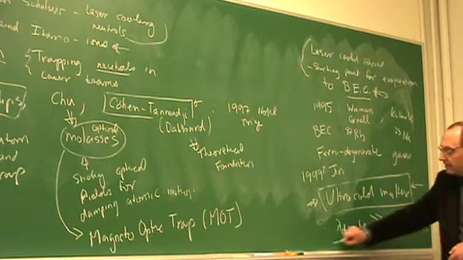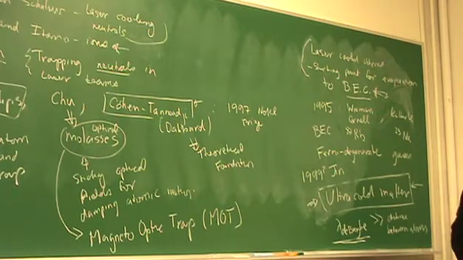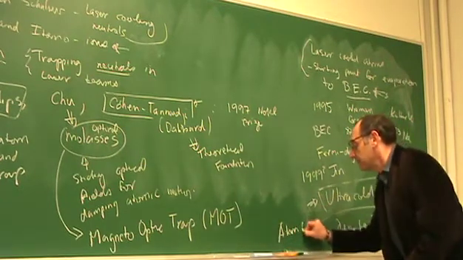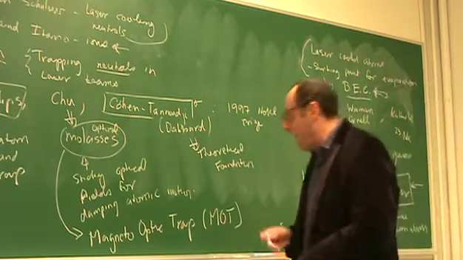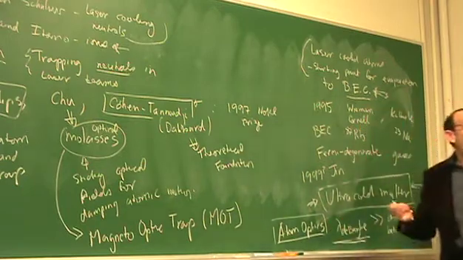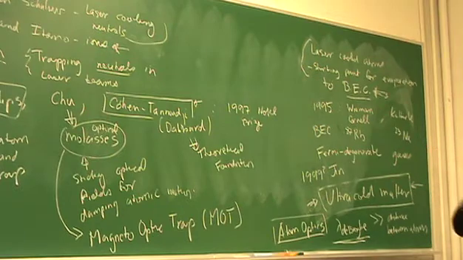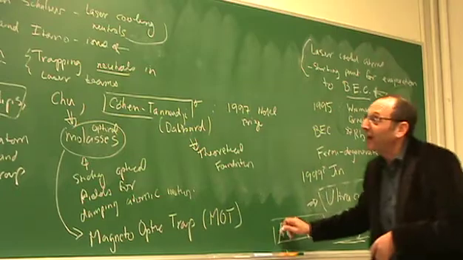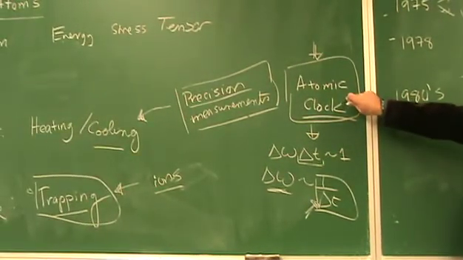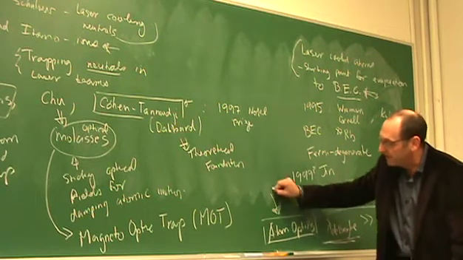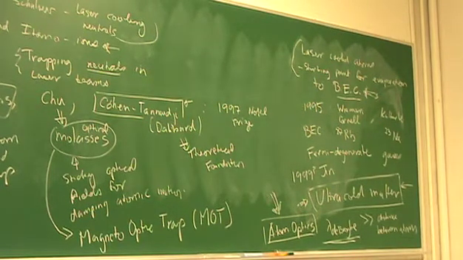So the wave nature of the whole atom becomes important, and this leads to yet another field of study, and that's the field of what's called atom optics. So instead of thinking about the wave diffraction of light, we can think about the wave diffraction of the whole atom, thought of as a quantum wave. And that too ties back. In some sense, the atomic clock is an atom interferometer, but it's an atom interferometer that depends on the internal degrees of freedom, whereas we can tie that back and think about atom interferometers which have to do both also with the external degrees of freedom, the motion of the atoms, as well as its internal